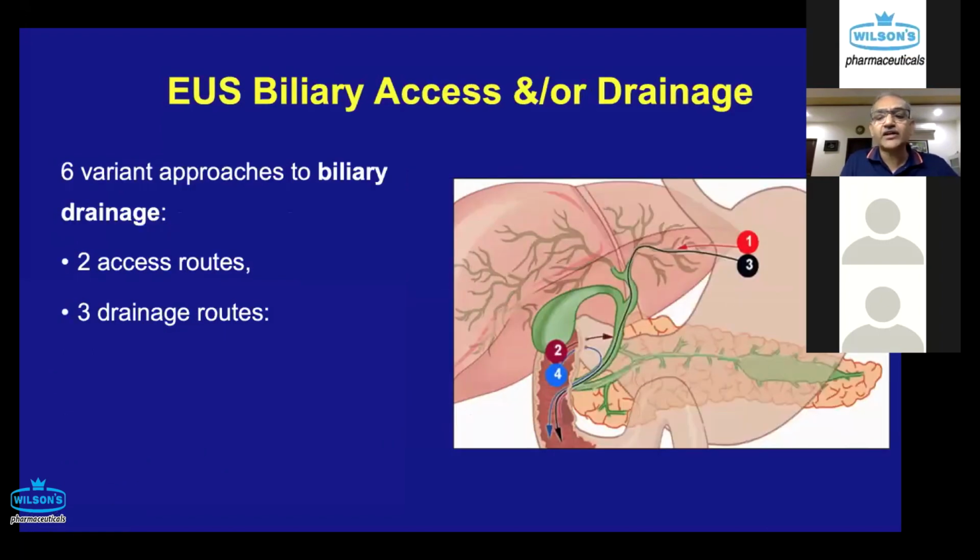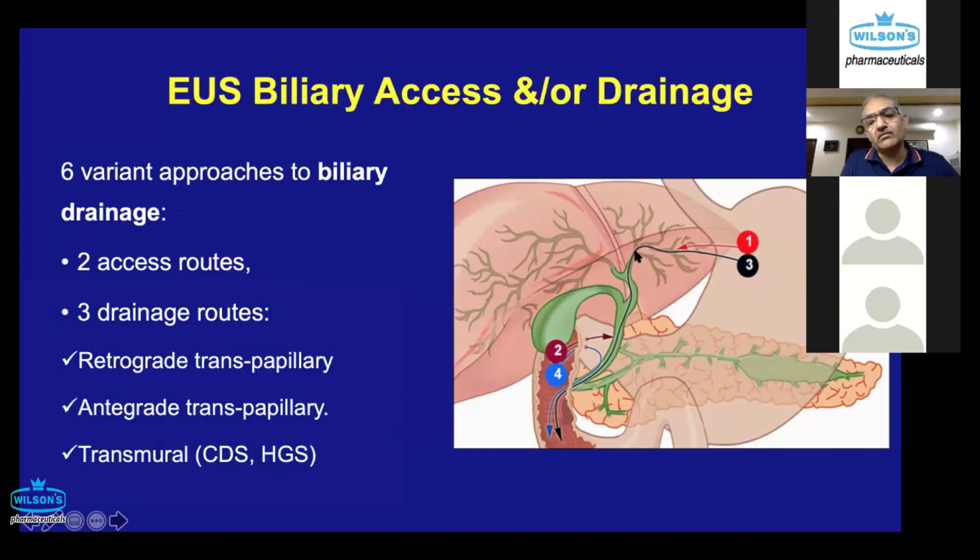Having said that, there are two access routes. Now then, there are three permutations possible of the drainage routes. What I mean by that is, if you have entered from the left hepatic duct and the guide wire happens to negotiate all the way across the papilla, you can either place a stent from the stomach and leave it in the left hepatic duct, or you can go across the stricture wherever it's located and place a stent antegradely across